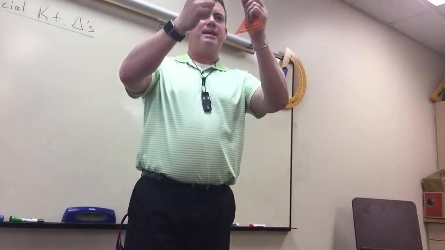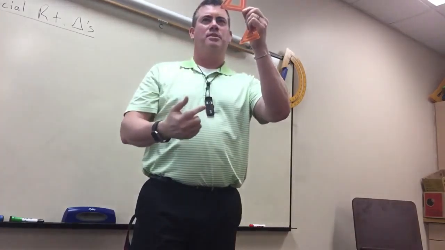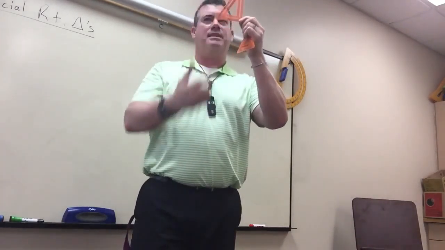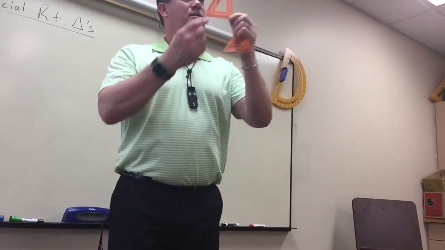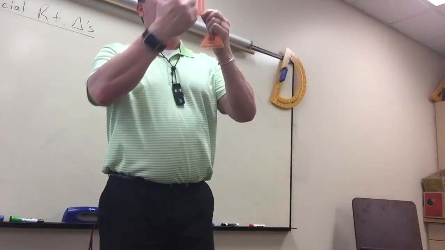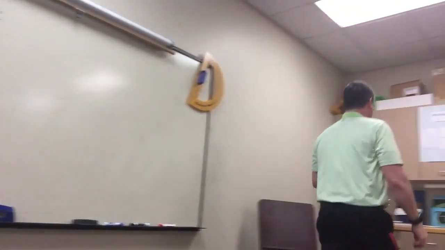This is obviously 90. What would you guess these two are? How many degrees would you guess that and that is? 60. And what would the other one have? 60 and 30. These are the two special right triangles,